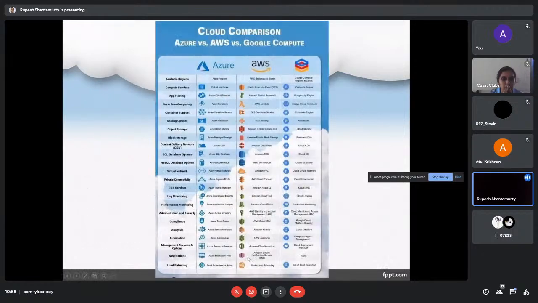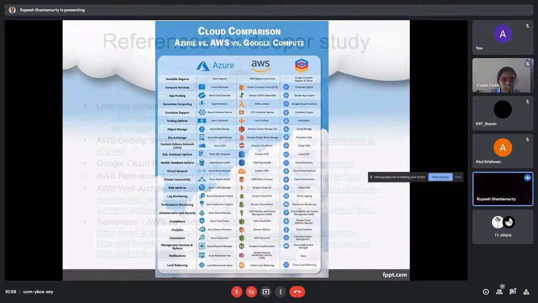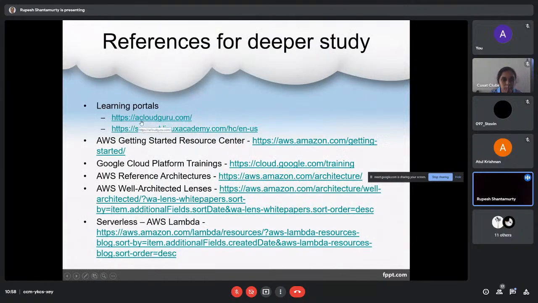What I showed you was AWS. We had EC2, S3, and VPC, the Virtual Private Cloud. The same thing is called Cloud Virtual Networks in the Google world, and Azure Virtual Networks in the Azure world. So the same things are there in the other clouds also. If you know one cloud, you can easily work around the other clouds also. Some resources: A Cloud Guru is the top portal for learning about cloud computing and going to the next steps. Linux Academy is another one. So if you don't want to spend money, these people actually create the